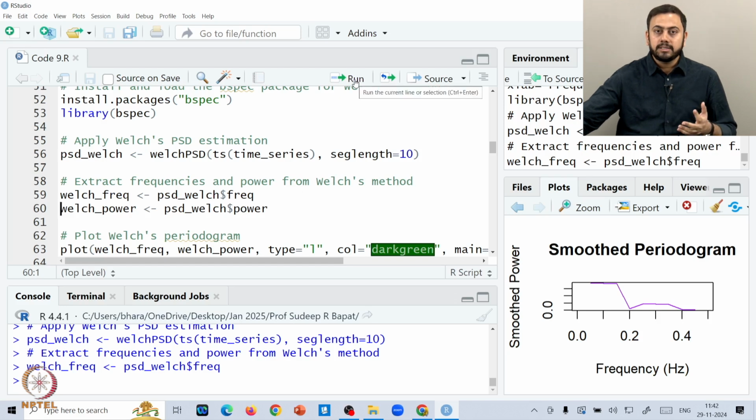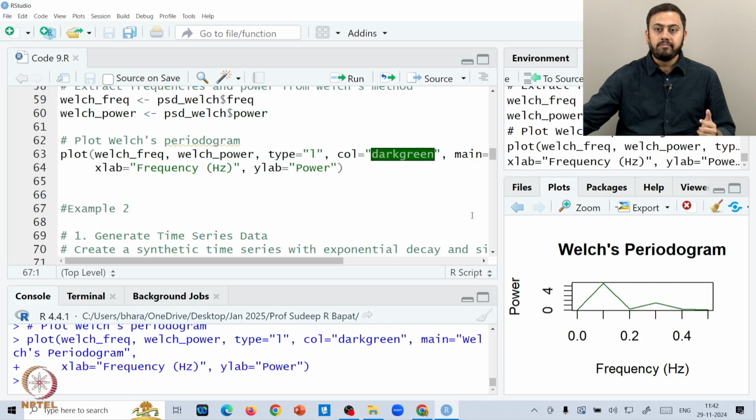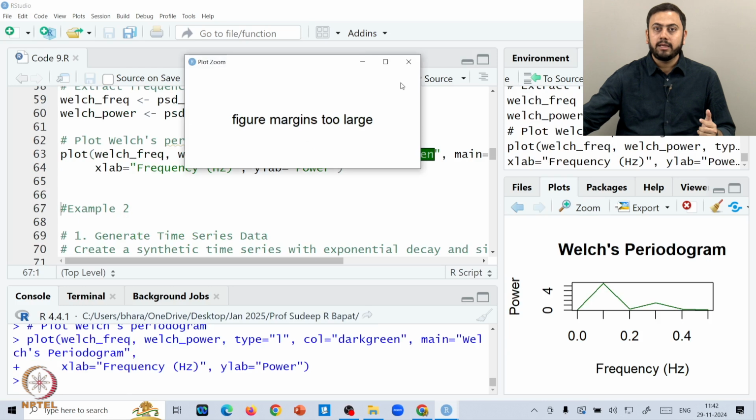So, first is frequency, the second is power. Okay. So, on the x axis, again if you remember, you plot the frequencies, and corresponding to each and every frequency, how much is the height of those frequencies is given by the power. Okay, so now once you specify these two things, the next thing is plotting the Welch's periodogram. Okay, so you plot the Welch's periodogram like this, and again let me zoom in the plot. This is exactly how the Welch's periodogram looks like.